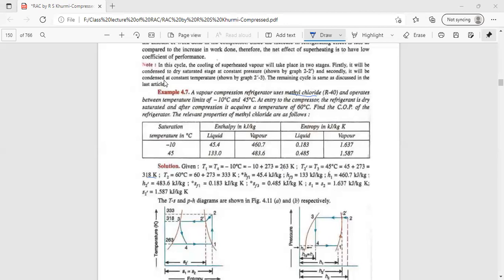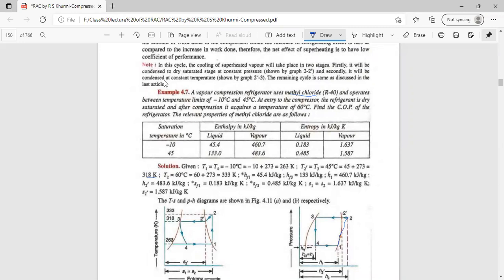Now, let us go through what are the values of H1, H2, H3, and H4. Here, this is not shown properly. This is the length of the compression line itself. First of all, we have to find out what is HF1. HF1 is the enthalpy of the fluid at point 1, the enthalpy of the refrigerant in fluid state at point 1.